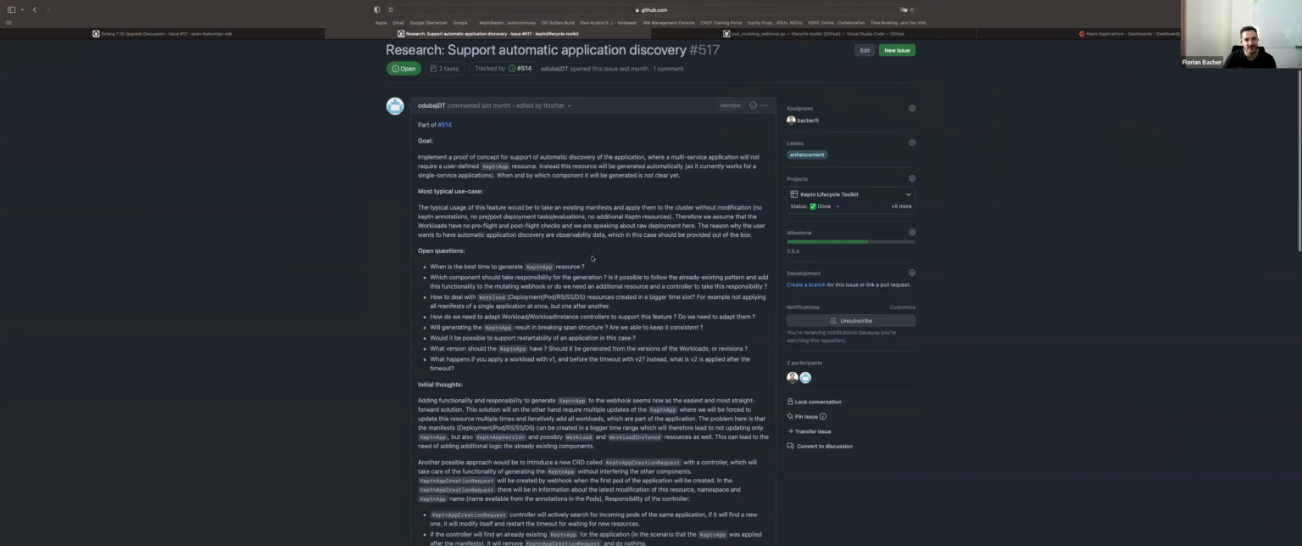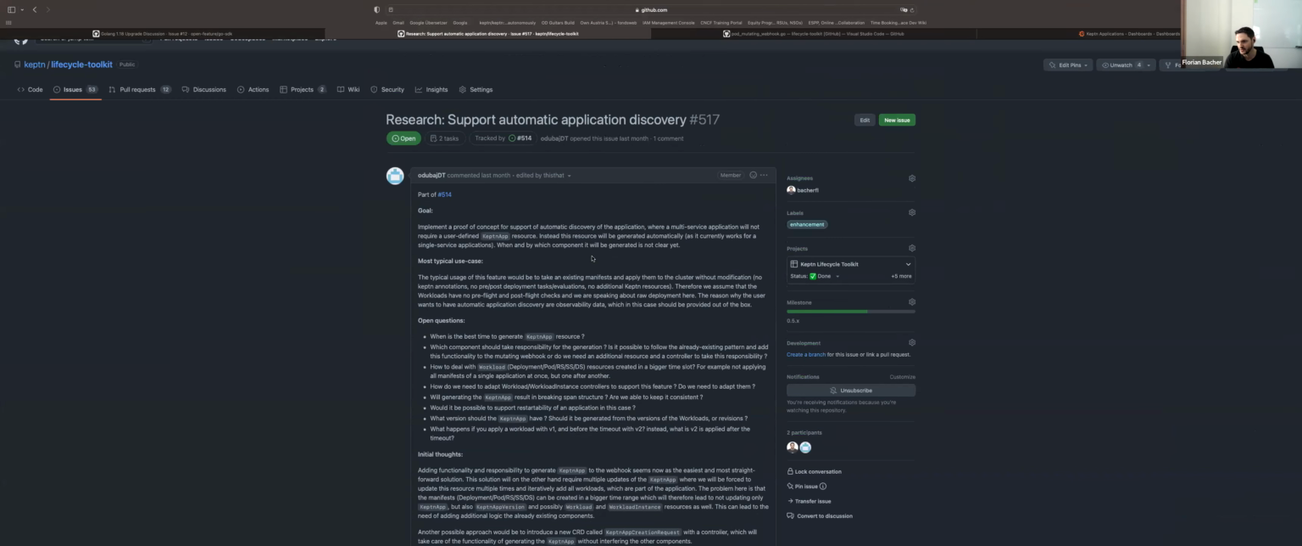Okay. Yeah, so I would like to present and discuss the application discovery epic. Andre provided the initial description of this whole story here. The bottom line, why do we want to do this? Essentially, it's to lower the entrance barrier of using the lifecycle toolkit further still, because right now, for example, if